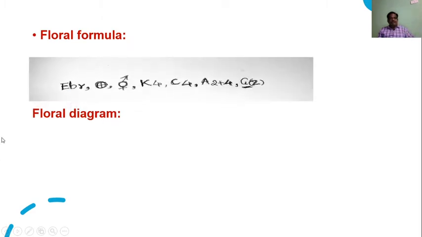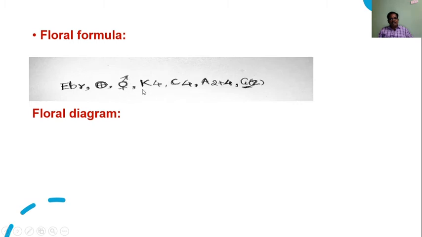So here the floral formula is there, which itself indicates that the flower is ebracteate. Ebracteate means what? The bract is absent. Flowers are found above, not near to the leaves. So they are ebracteate, and we can divide the flower into two equal parts, it is known as actinomorphic. Then bisexual, that is androecium and gynoecium are present.